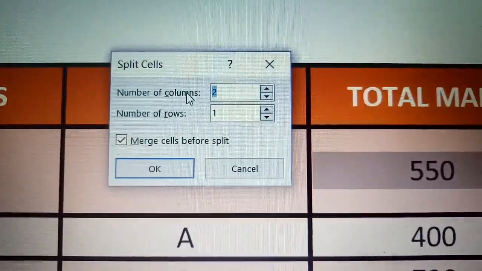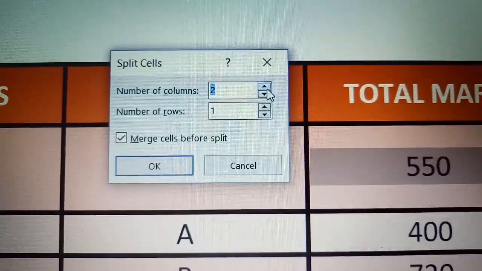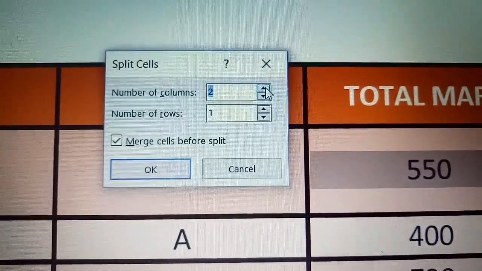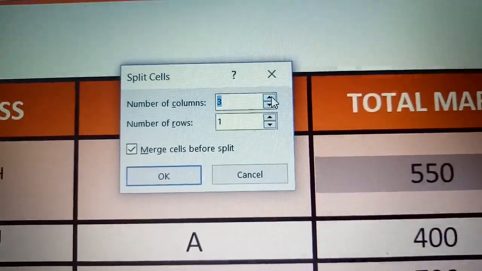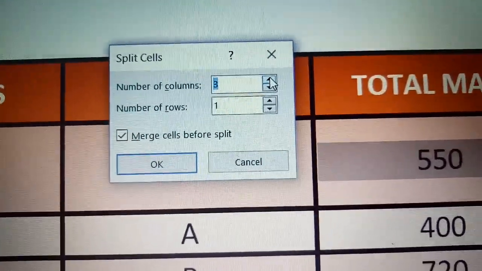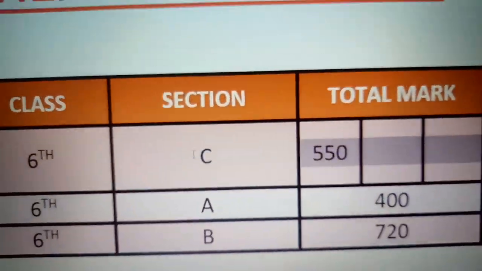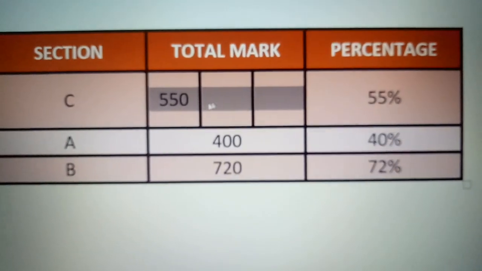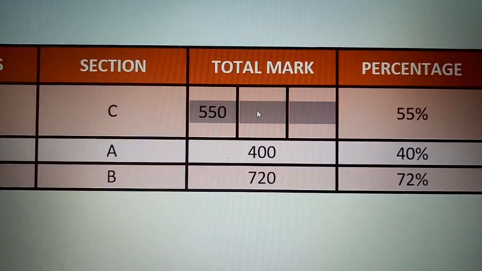First we will see, both we will see. First column wise I want, let us say 3. This is also a spinner, so as many columns as you want, you can get that number by clicking on the up arrow. Let us say 3 columns I want, so I click on the OK button. See, the same cell is becoming 3 columns now, right? Okay, I cancel it.